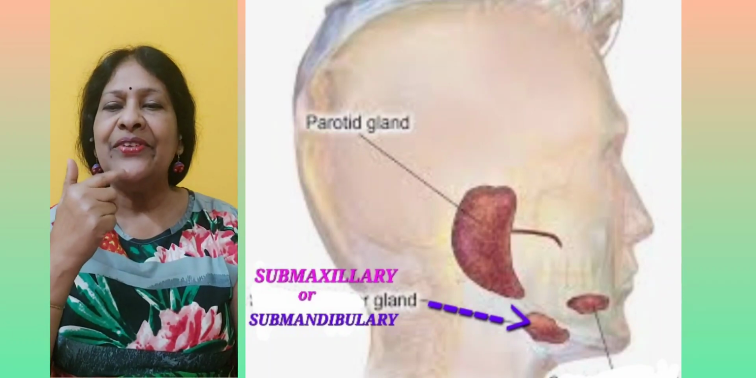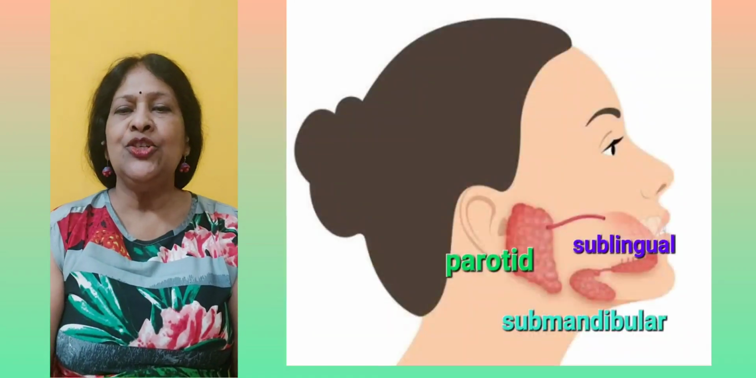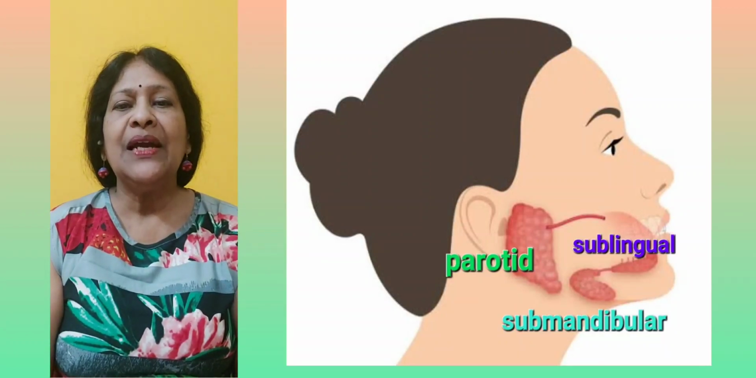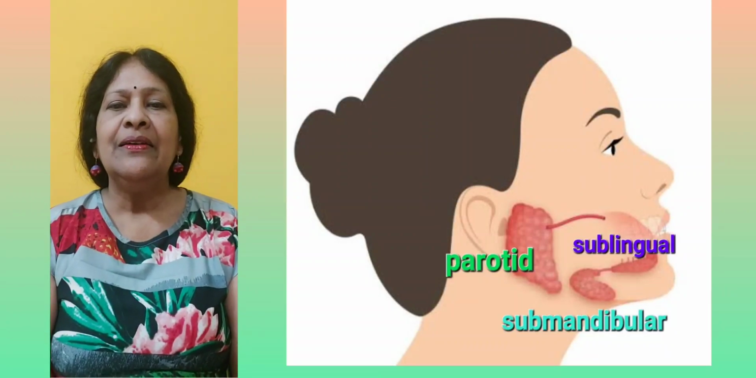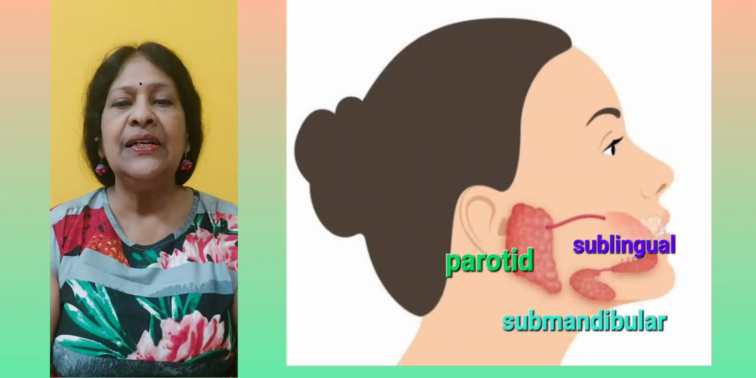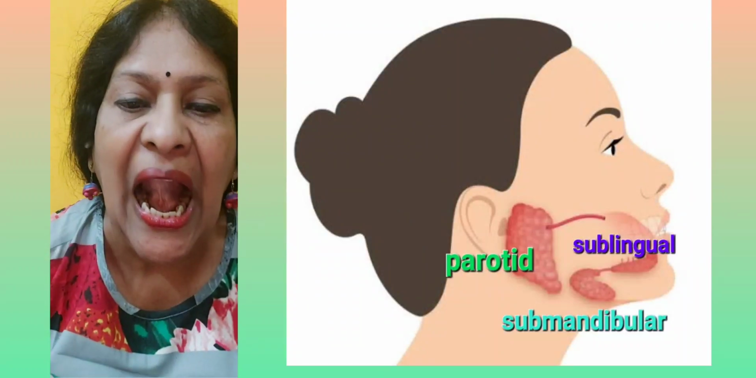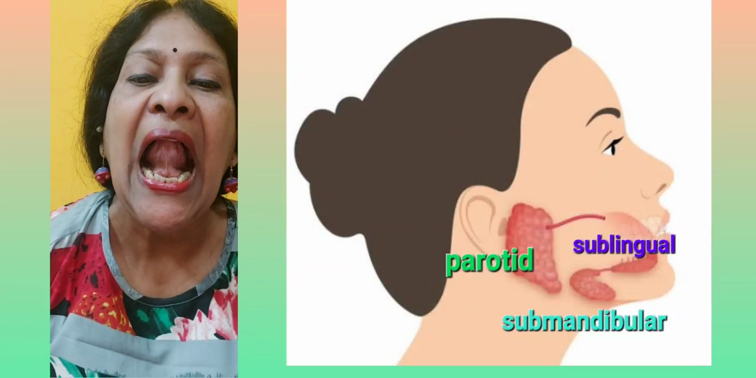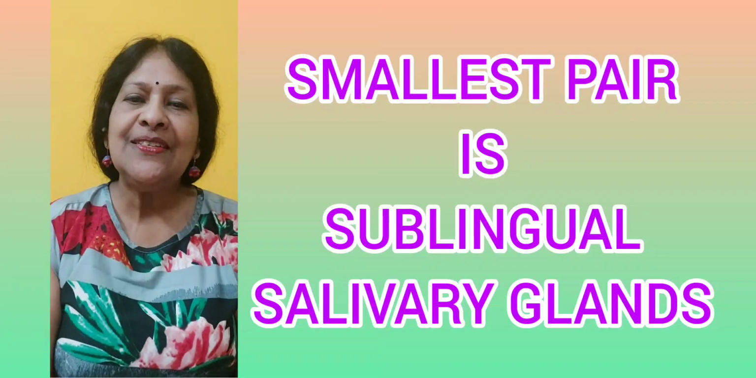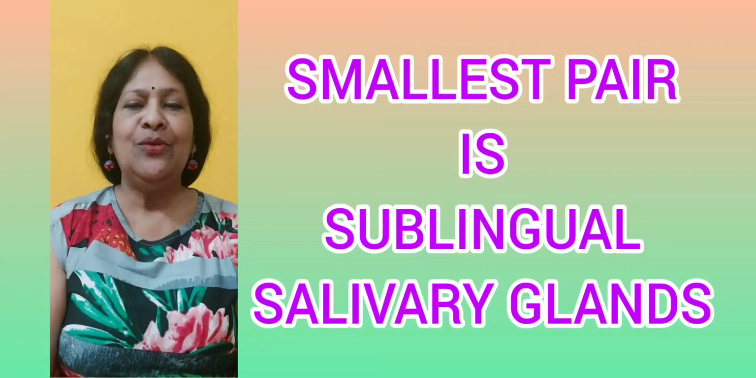And the third salivary gland is under your tongue. So that is called the sublingual salivary gland. If I pull out my tongue or I roll my tongue right towards the upper part of the throat, I can show you the sublingual salivary gland. Yes, it was there, a pair of the smallest size of salivary gland amongst the three, that is the sublingual salivary